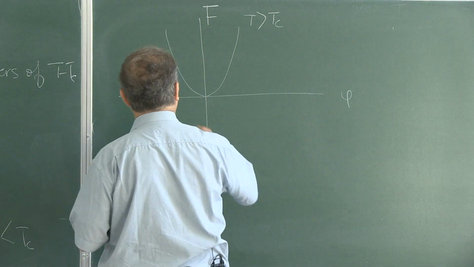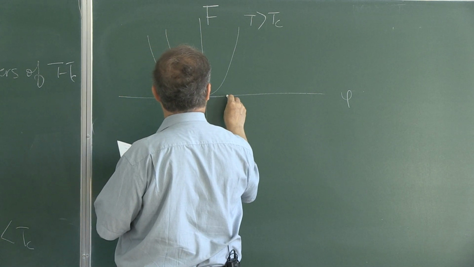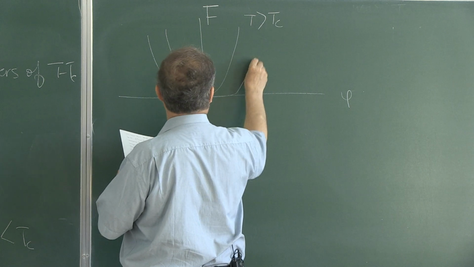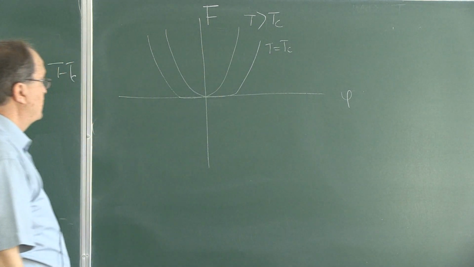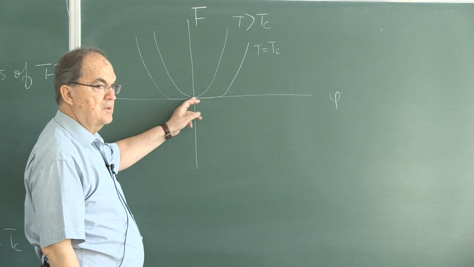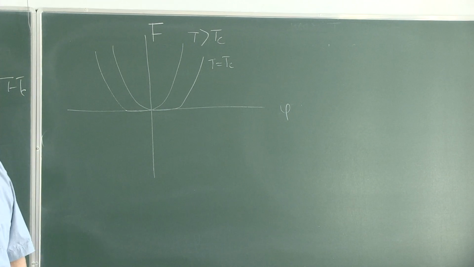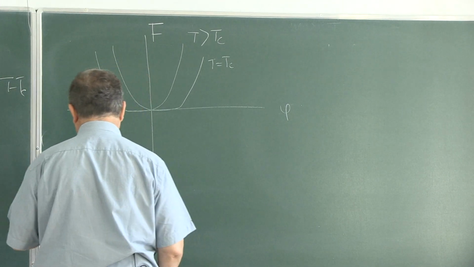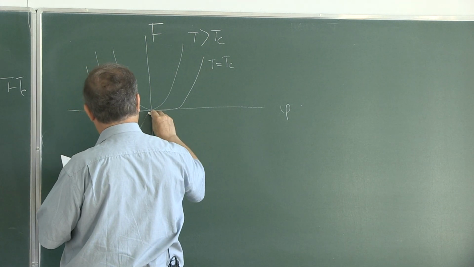At the critical temperature, this free energy has excursions away from phi equals 0, and those excursions going away from 0 don't cost any energy. That means there are fluctuations at the critical point. And here comes the result for